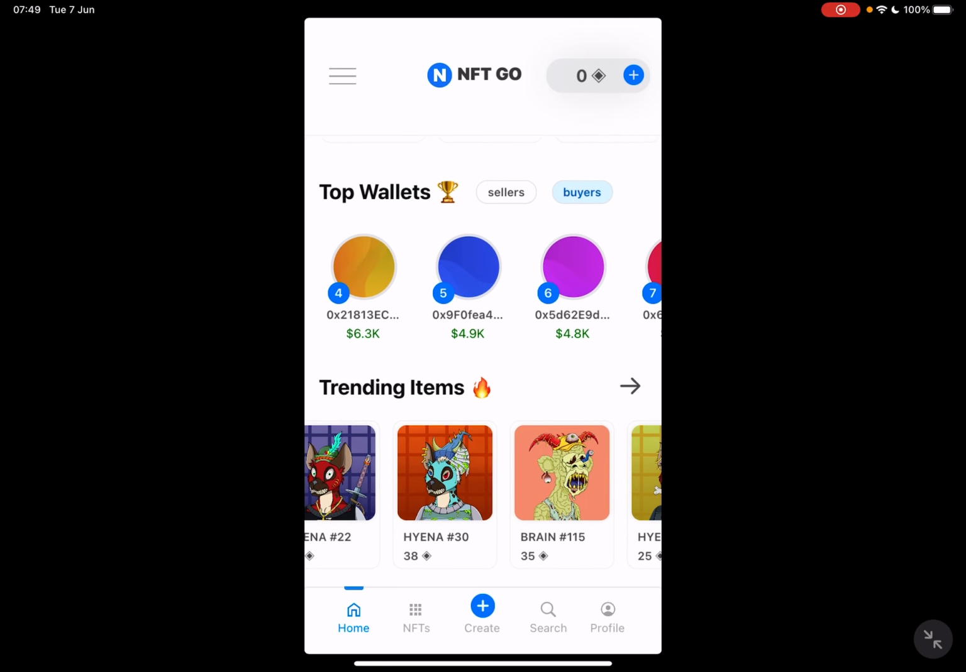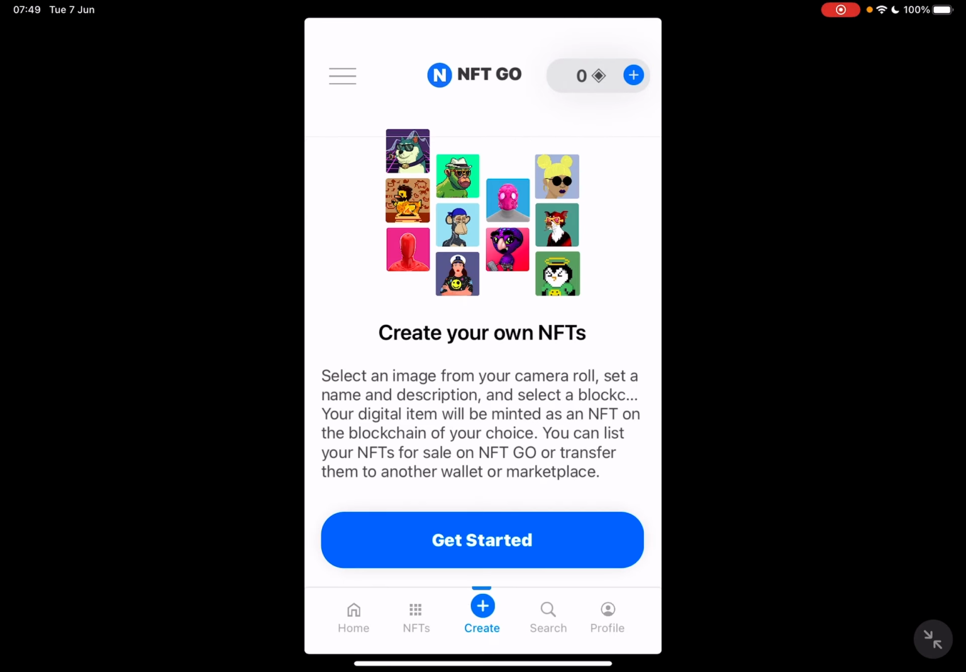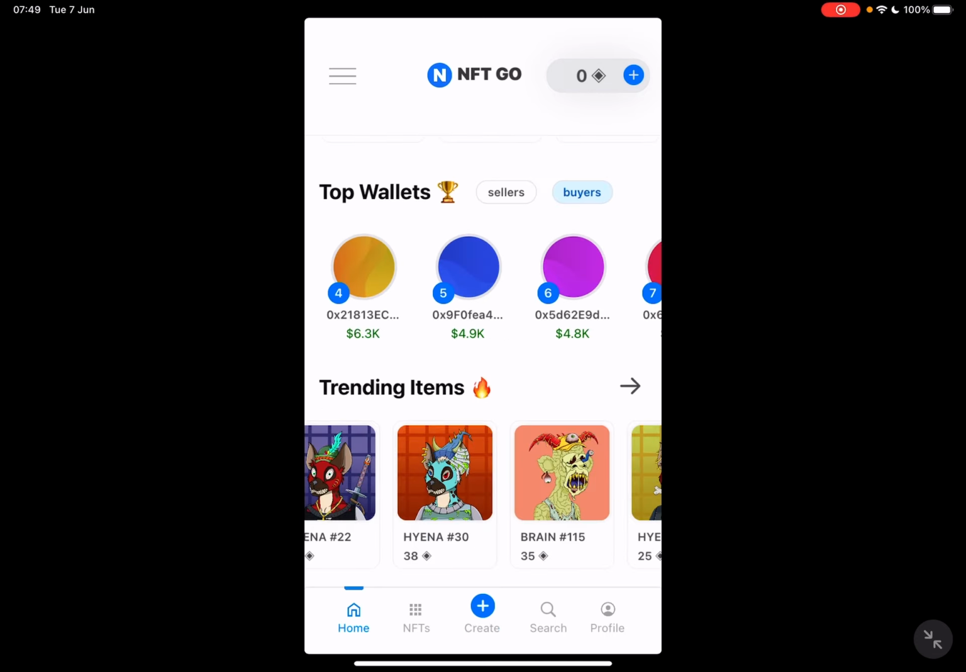And to mint NFTs, it's pretty easy also. You just have to tap on create, and here tap on get started. Just upload your NFT design, add the details, title, description, and yeah, you have to pay a 10 gem fee to mint NFTs. And that's pretty much it, how you can buy and sell on